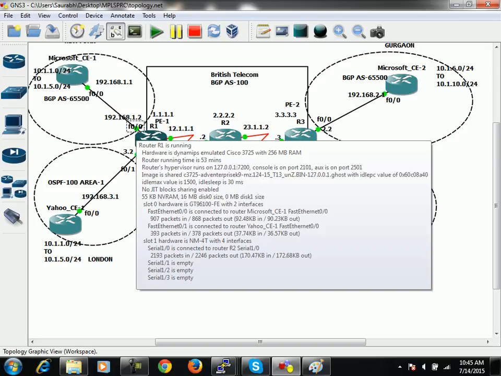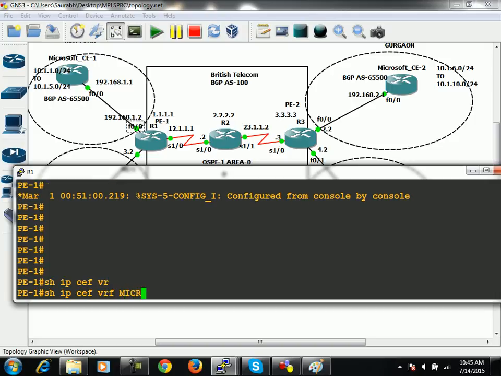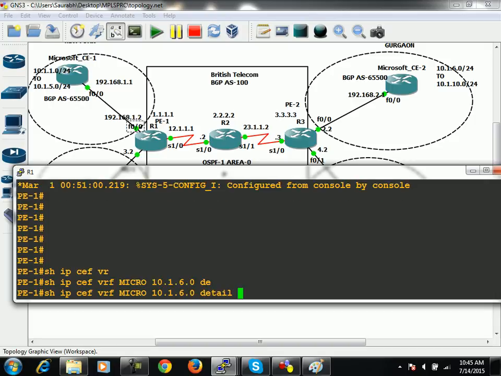And top label will be the LDP label, which is for next hop. Because see, just check. Whenever a packet arrives onto FA0/0 of PE1 coming from Microsoft CE1, it will receive it untagged inside VRF Micro. And whenever a router receives an untagged packet, it always performs a lookup in its CEF table. And then you can move on to PE1 and run this command: show ip cef vrf Micro for 10.1.6.0, and then you can say